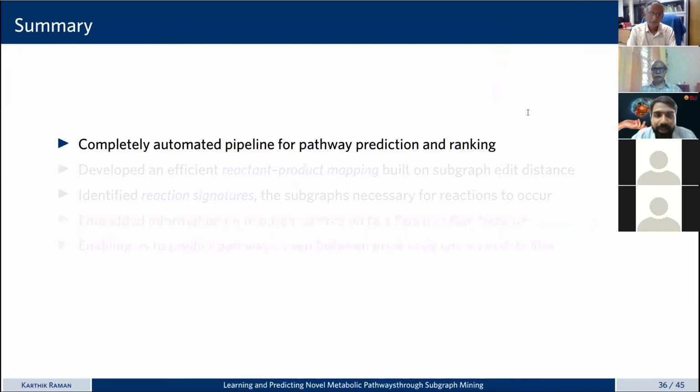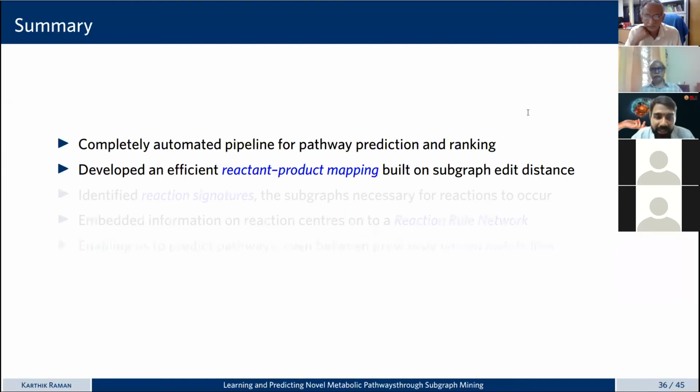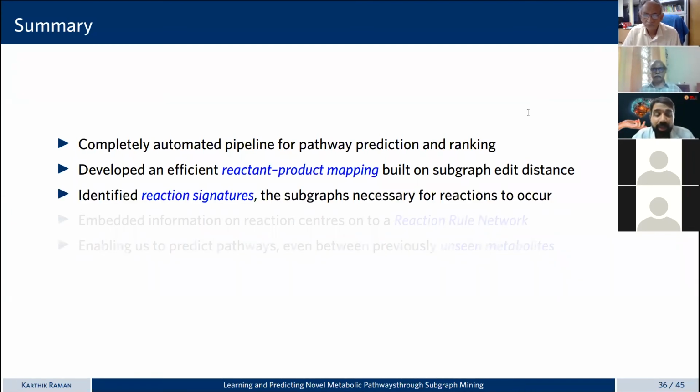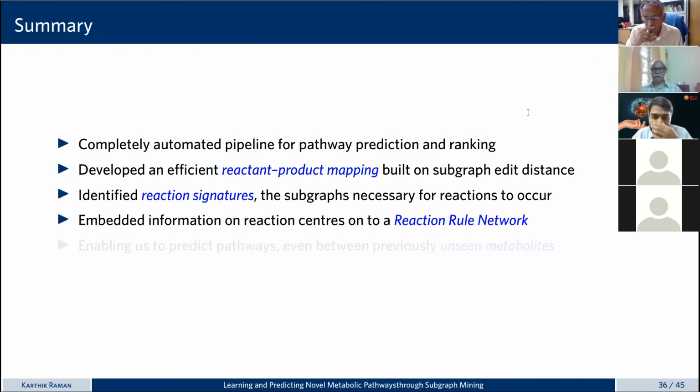So to quickly summarize, we built a completely automated pipeline for pathway prediction and ranking based on a very efficient reactant product mapping that is fully automated, not reliant on expert curation. We identified reaction signatures, which basically represent the subgraphs necessary for a reaction to occur. And we then embedded all this information onto a reaction rule network, and all we had to do was just